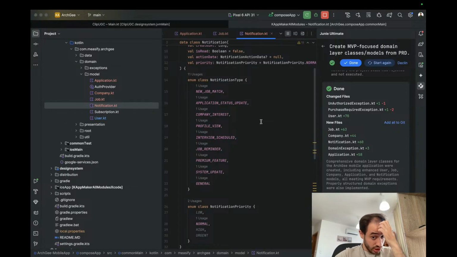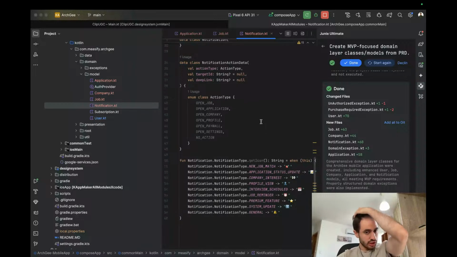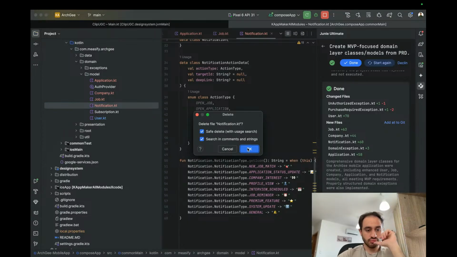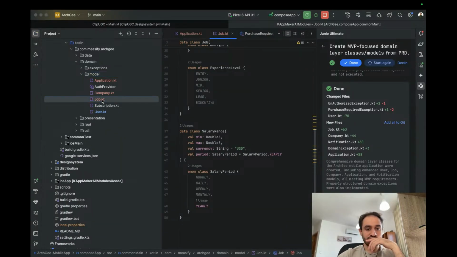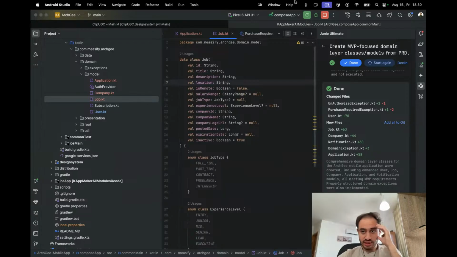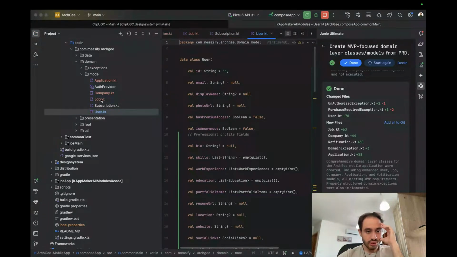Okay, for ArcG, we don't need that kind of notification because we're only interested in user seeing the job, swipe left, swipe right, and that's all. We will have job. The job can have salary range, experience level, this kind of thing. The company,